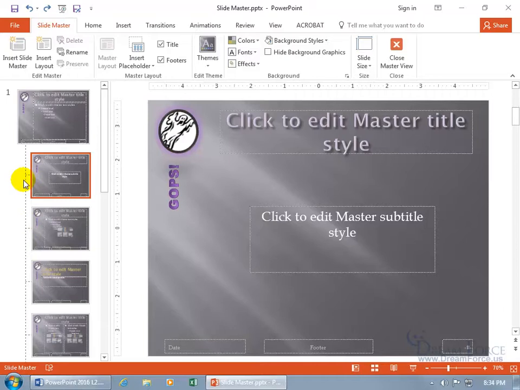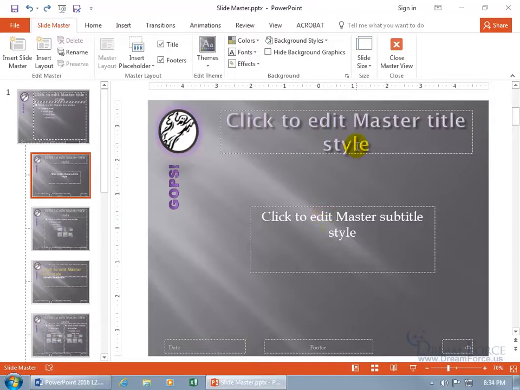Because it's a hierarchical structure, they're all connected to the main guy here, so whatever he says goes, and it updates all the others. Otherwise, you can break away and just say, okay, just update it proprietary to this layout, and only these layouts that I have within my presentation. So with it selected, this is the title, and we've got our title up above,